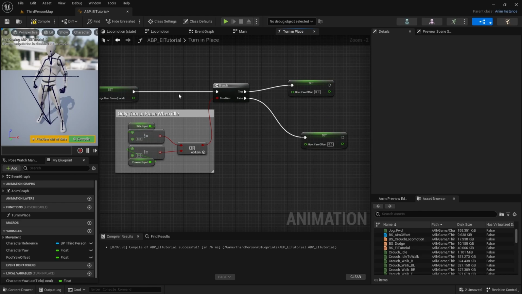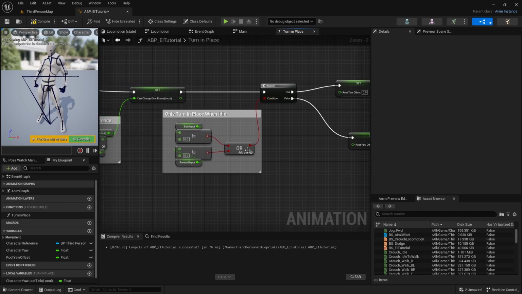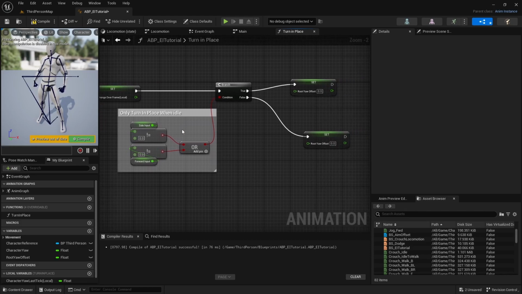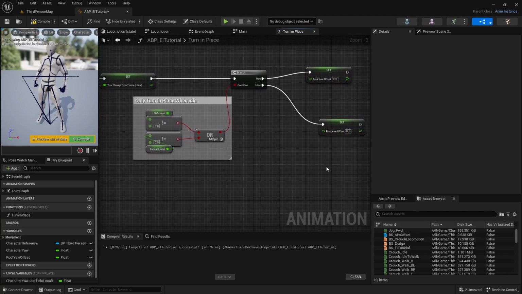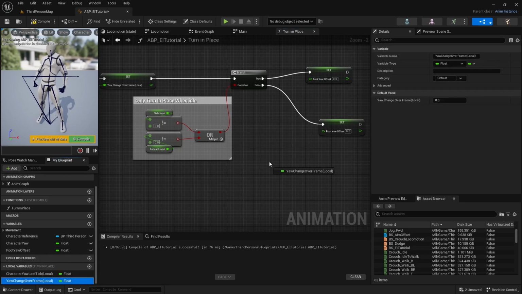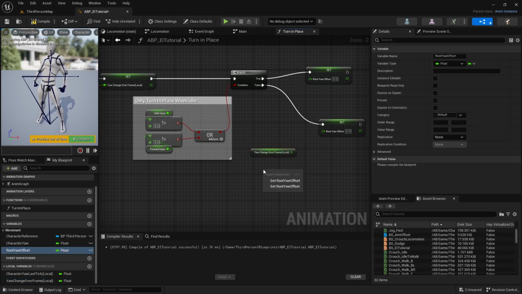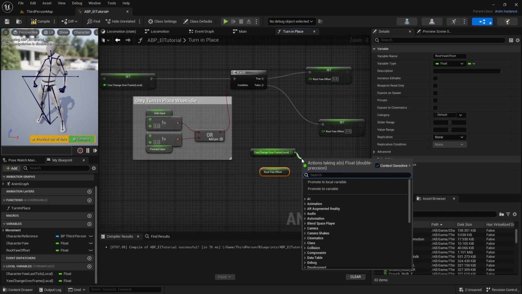So for our true, if this is true, then our root offset's going to remain 0. If this is false, then we need to take our yaw change over frame that we just set the calculation for, and that root yaw offset that we just made the variable for. We're going to add these together,